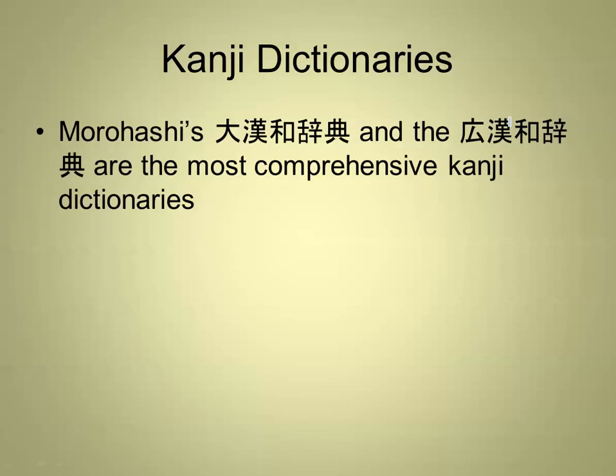Motohashi's Daikan Wajiten and the Kokan Wajiten are the most comprehensive kanji dictionaries. In particular, the Daikan Wajiten is seen as the ultimate dictionary, even by sinologists. This is the ultimate dictionary, the most comprehensive work of its kind. There is, by the way, a Chinese version of this. The initial version of it was edited by this man named Motohashi